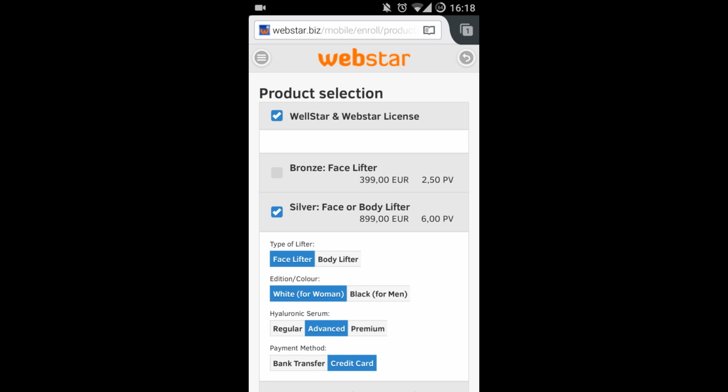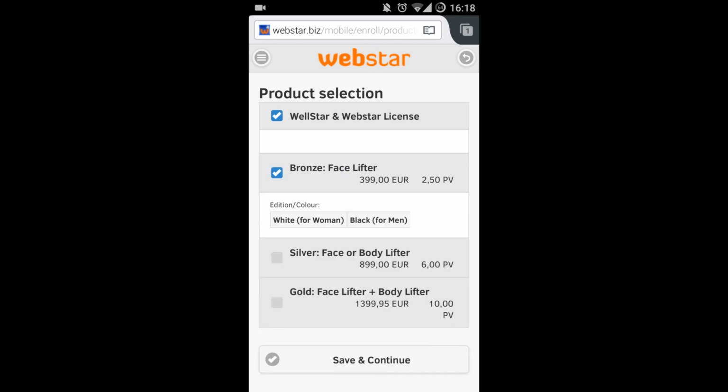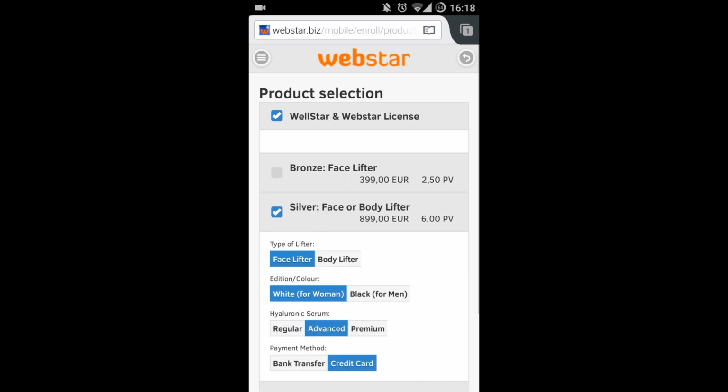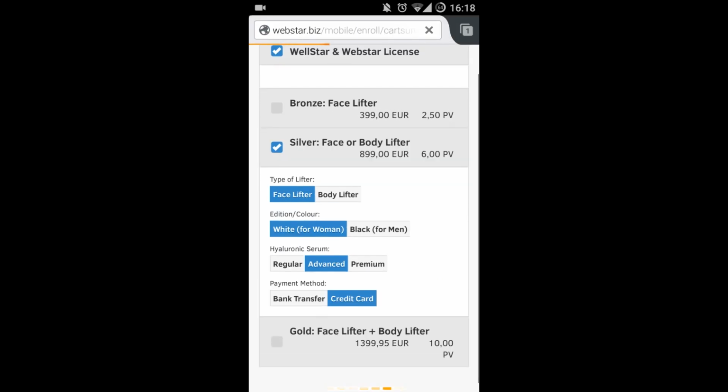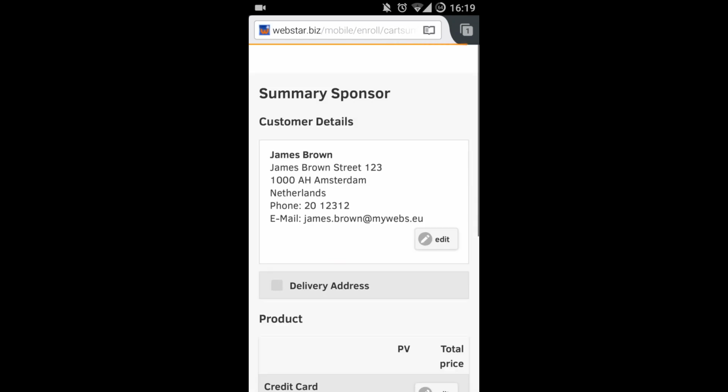So I have the WellStar license selected, I have the face and body lifter selected, and so on. I can also switch to another one. You see, I could also go for the bronze edition, but no, I'm staying with the silver one. So you see, here's the silver edition. And so on. So if I think this is correct, of course I should talk with my new partner about that. I can click on Save and Continue, and now the system saves this information,